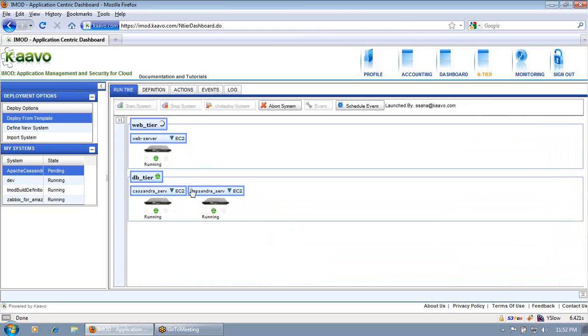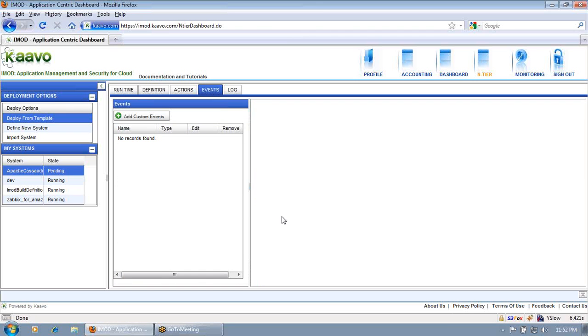So DB tier is fully configured. Now the web tier is configuring. So you can find some of the events in the event tab also.